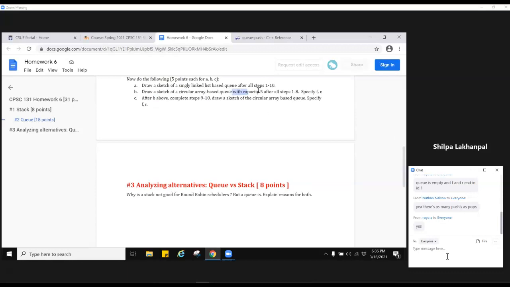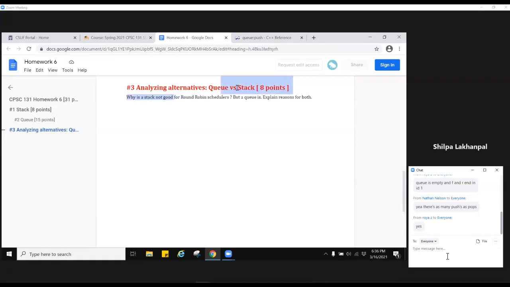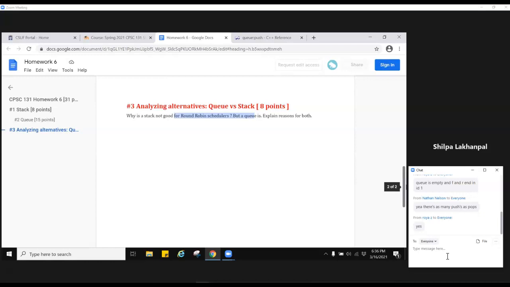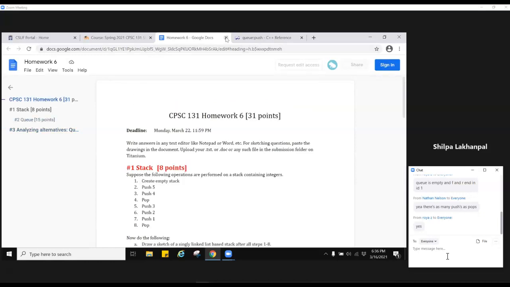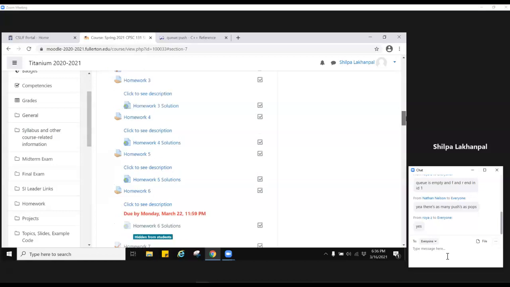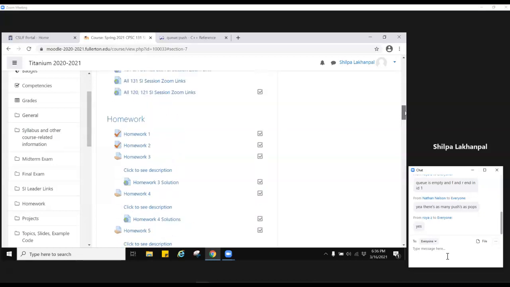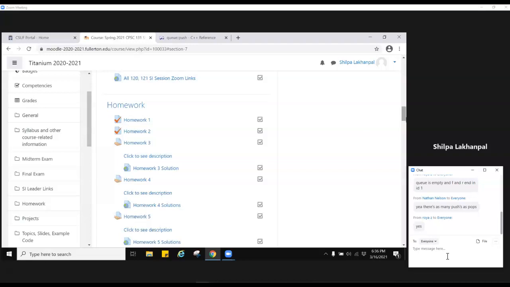The capacity is going to be given to you. And you have some short answer kind of question, something similar to what we talked about today for the round robin scheduler. So again, the exams are going to be very similar to the kind of questions you have seen in the homework. So please bring your questions on Thursday and also next Tuesday for any of the things we studied up till now.